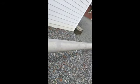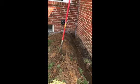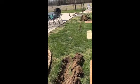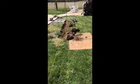The pole itself is just under 40 feet. It's 39 feet tall. It was a light pole at one time, and like I said, I used an angle grinder to take the top off, and then I was able to use an adapter that I purchased from the flag store. This is just an example of the trench that I cut. Remember, this needs to be below your frost line. I live in Virginia. It's about 24 inches that I dug out,